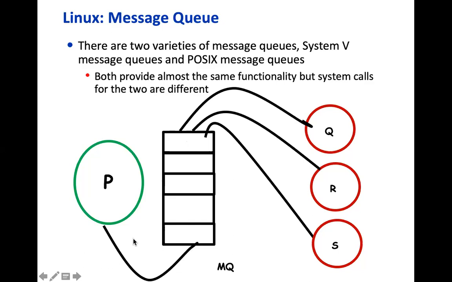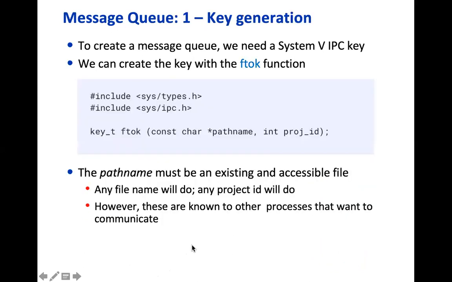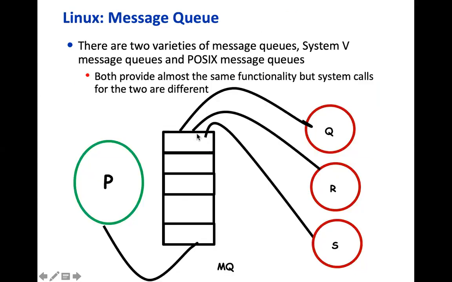So it can write data into this one message queue, and there will be an arrow here. Of course, I don't have a pen, so I thought I will add an arrow here, but note that here there is an arrow. Okay, and these processes Q, R, S, and maybe more can read the data from this queue. Now you may ask a lot of questions, like what is the sequence and who will do that first. That's all there in the system calls that are available.